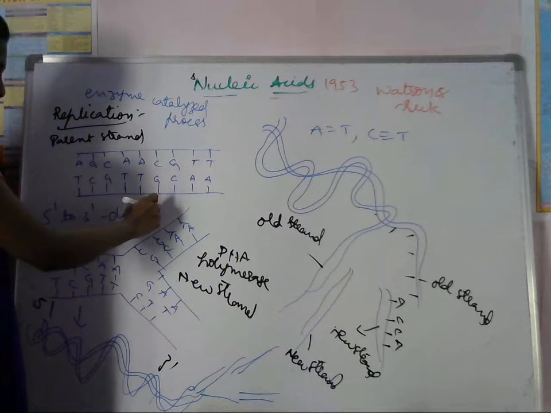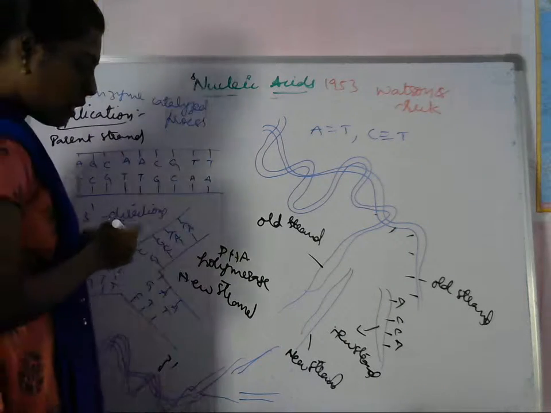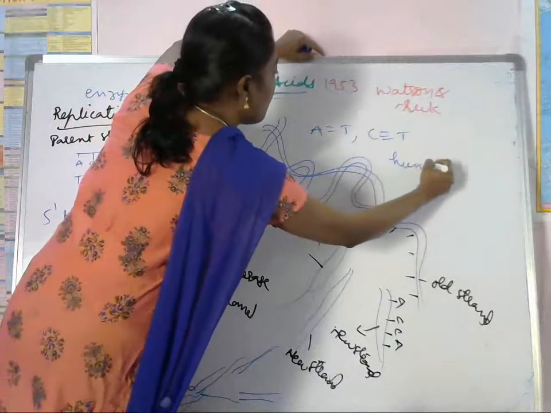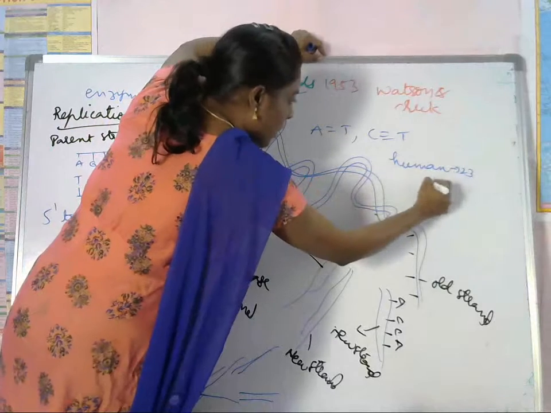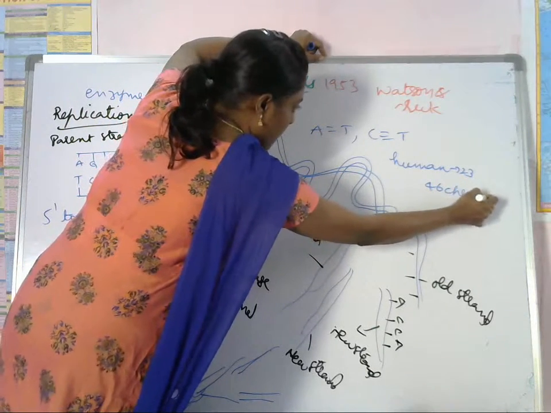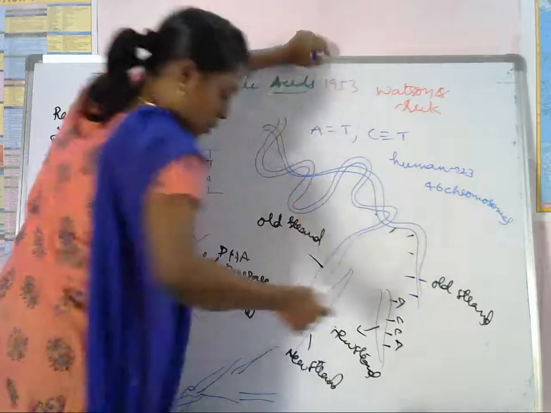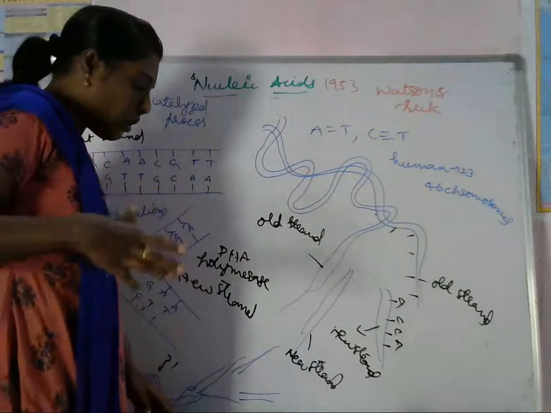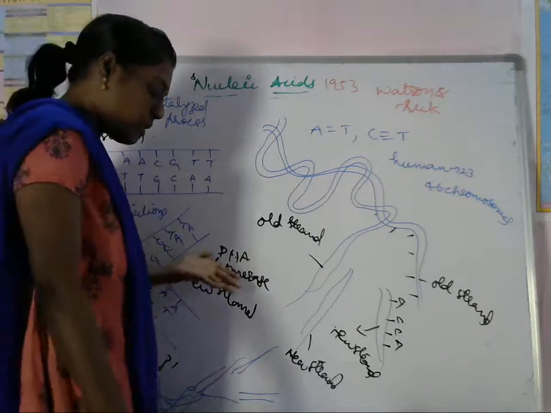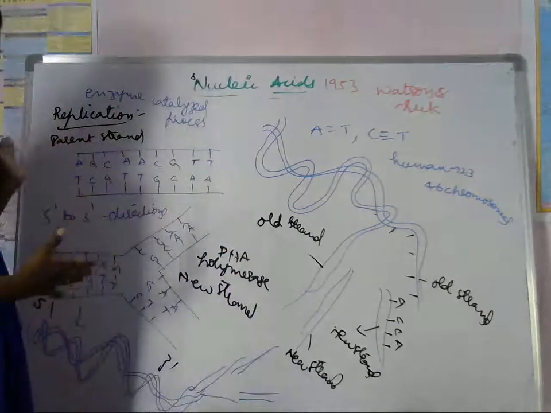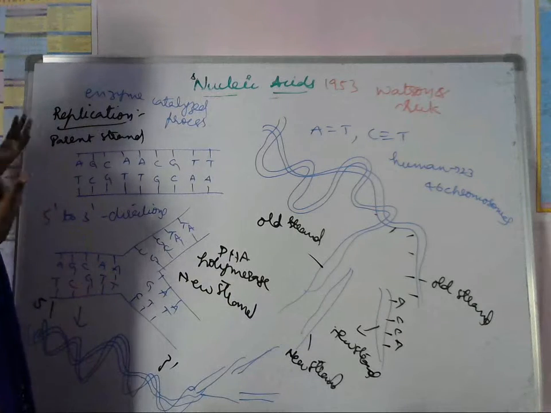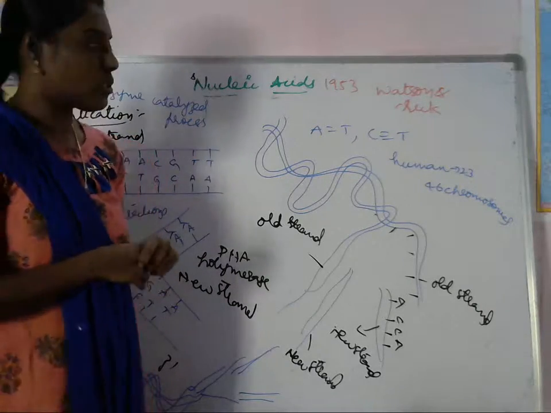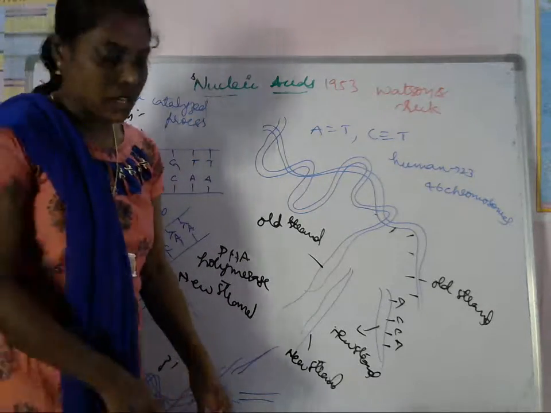Okay, 5' to 3' directions. Actually our human cell contains how many pairs? 23 pairs, which are 46 chromosomes. So genetic information is passed from generation to generation. Okay, this is the important one. The sequence is faithfully copied during replication. So that's why DNA isolated from the same species will have the same percentage of nitrogen bases. So this is about the replication process.